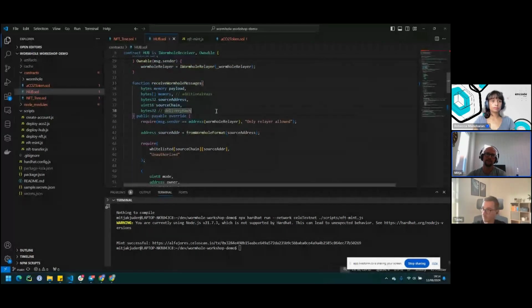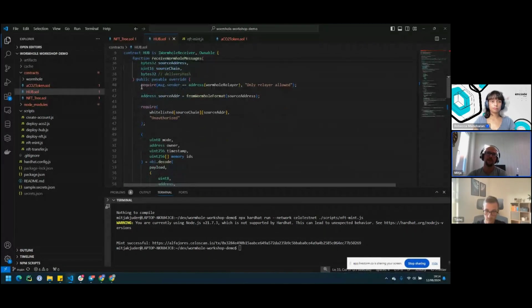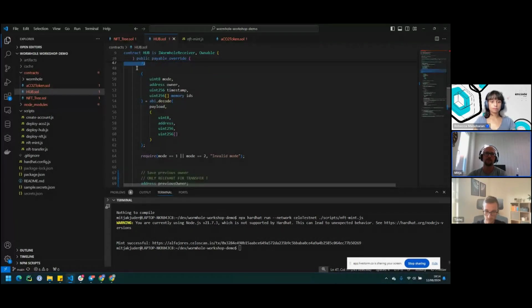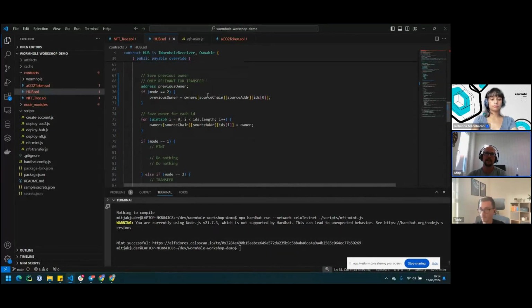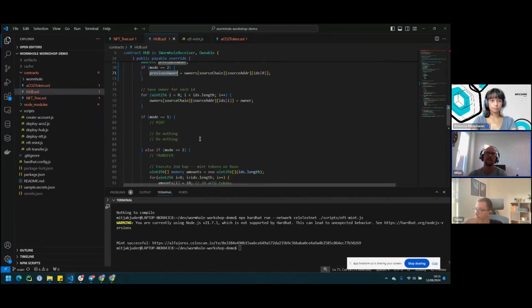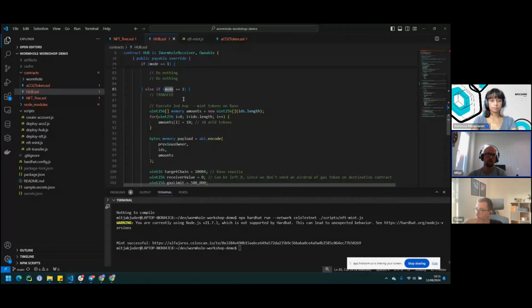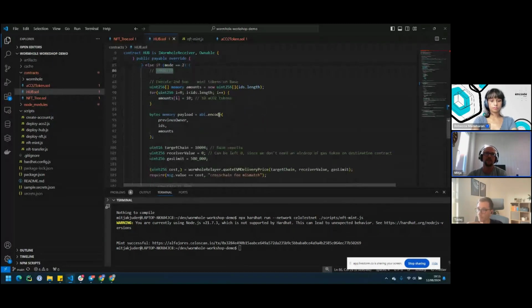If I jump to receive Wormhole message, here again you check the crucial checks, you decode the data, check if the mode is valid, and then here, before changing the owner, you save the previous owner, so you can then pass that owner, which should be receiving ACO2 tokens on the last part of this whole process, so on the base chain. And here you have, in case there is a transfer,